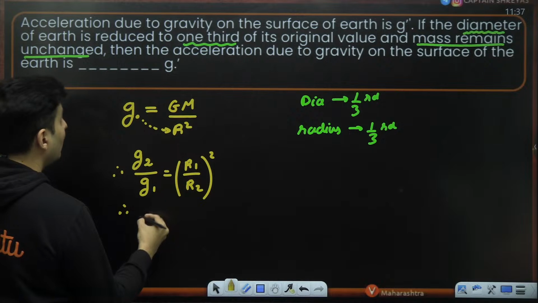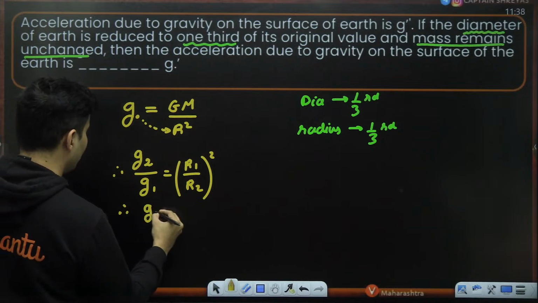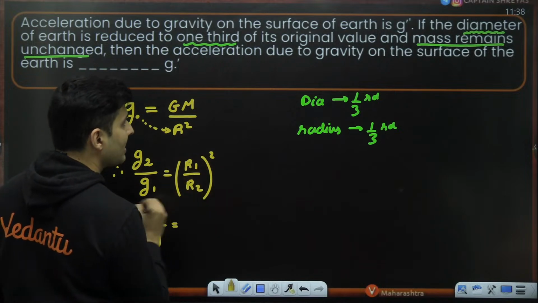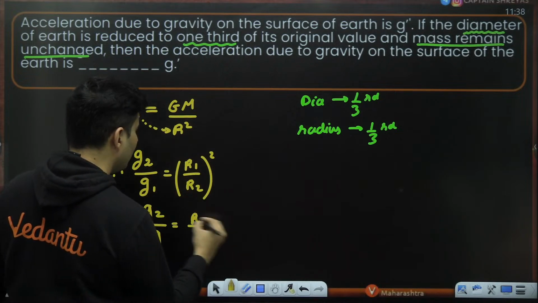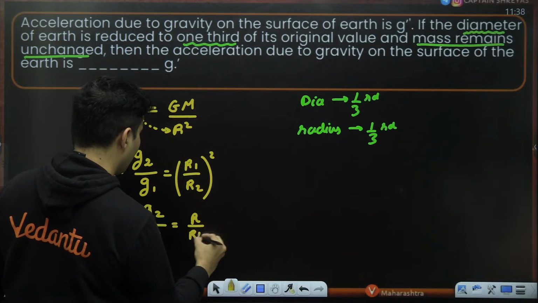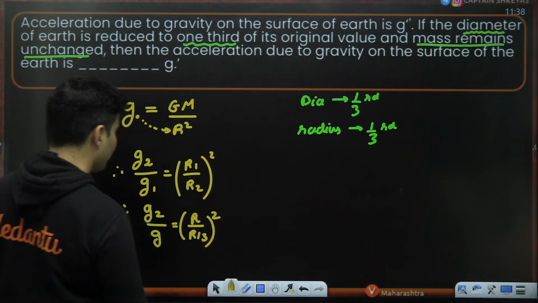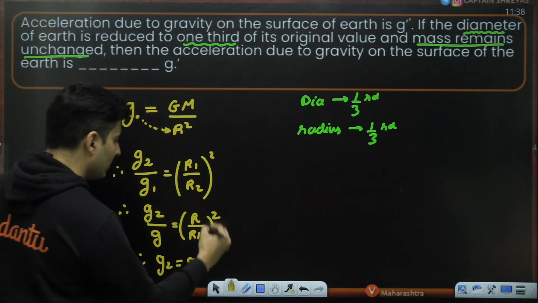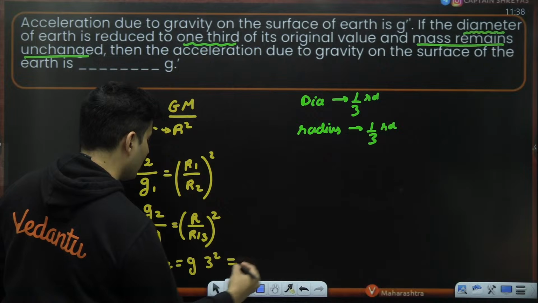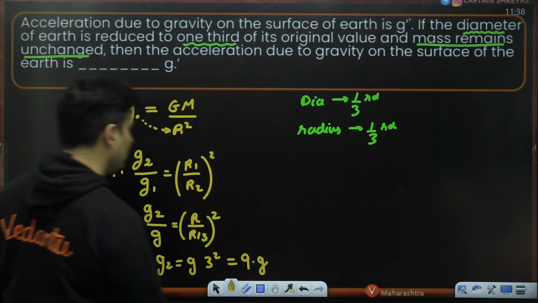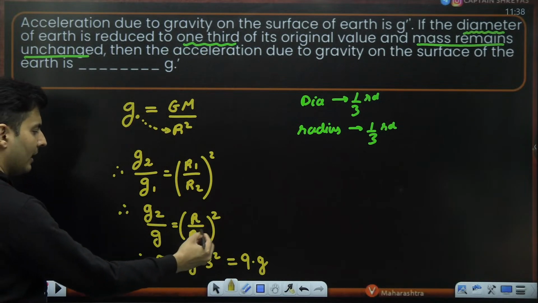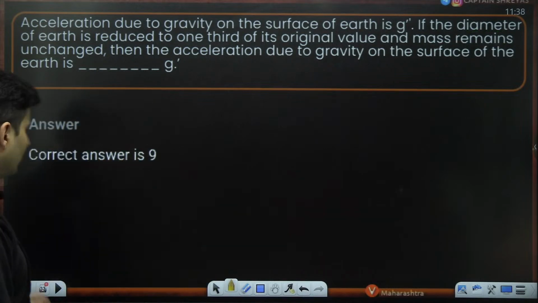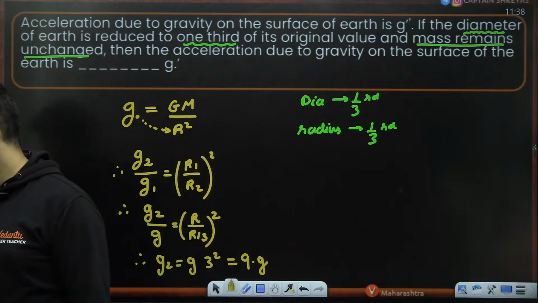So therefore, the new gravity upon that old gravity, which was g, the old radius r, the new radius is r by 3, whole square. So g2 will be, g goes on the top, this 3 comes on the top, whole square. So 9 times of g. 3 will come on the top, r has cancelled. So 3 square is 9. So 9 times should be the answer. Yeah, inversely proportional. Yep, very good.